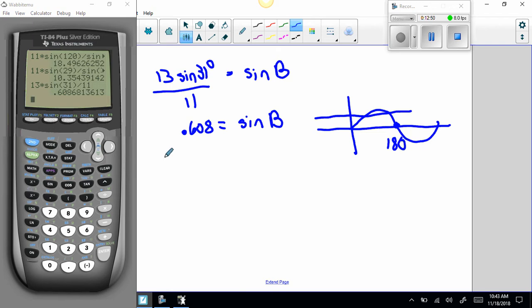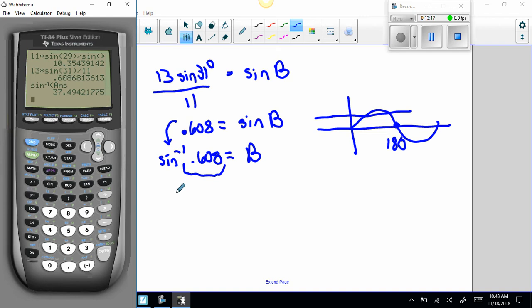But we know when we do inverse sine, you only get one answer. Always go, if this is negative, in my opinion, always make it positive, because you're the one that decided to use an inverse. We can find a reference angle instead. So making sure you're in degrees, inverse sine of the last answer,